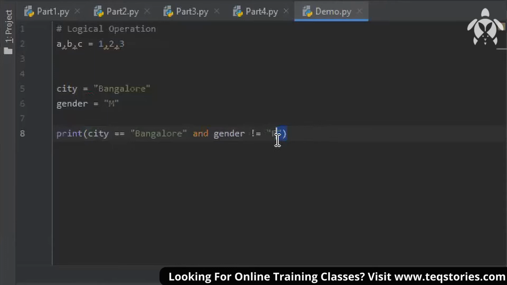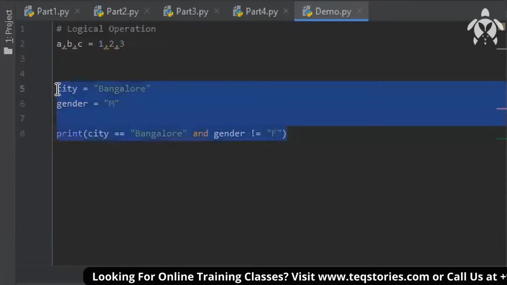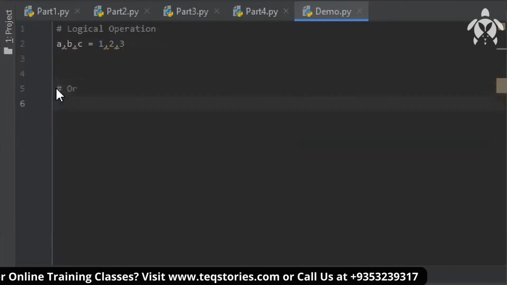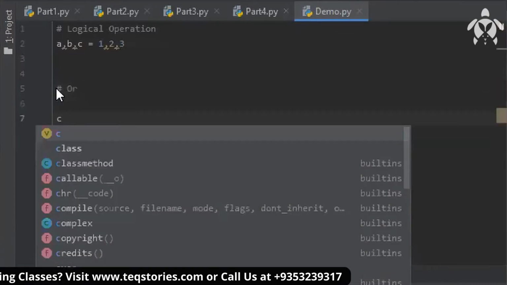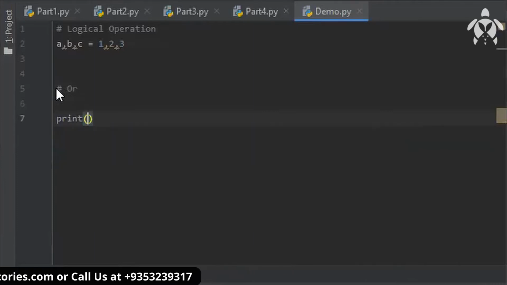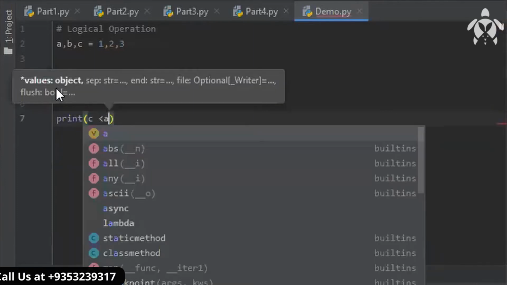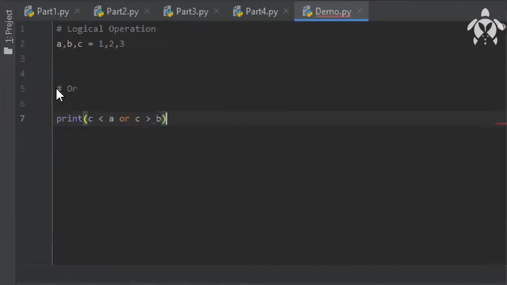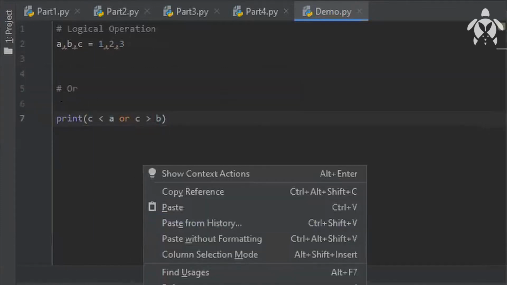Now we will come to the OR operator. I will give a print statement. So C is greater than A or C is greater than B. Let me run this and show you.